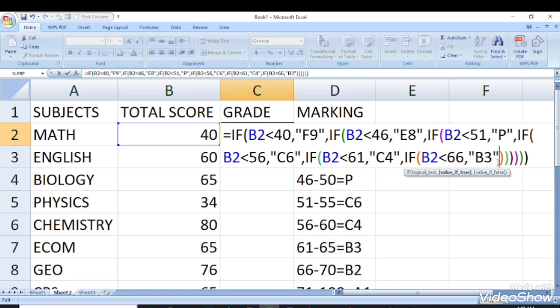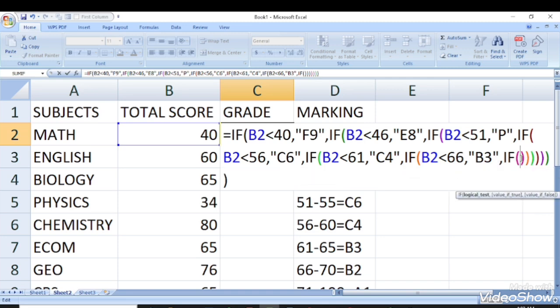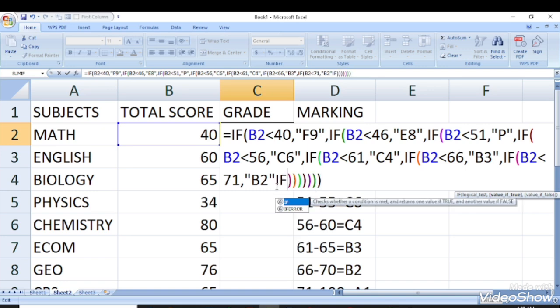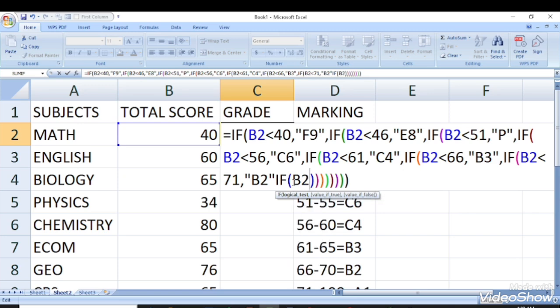B3. We continue again. If, open bracket and close, if B2 is less than, we have gotten our B3, now we want to get B2. That means if it's less than 71, what do we want to get? I want to get B2. Then the last one, which is A1, you say if, open bracket, close, if your cell referencing B2 is